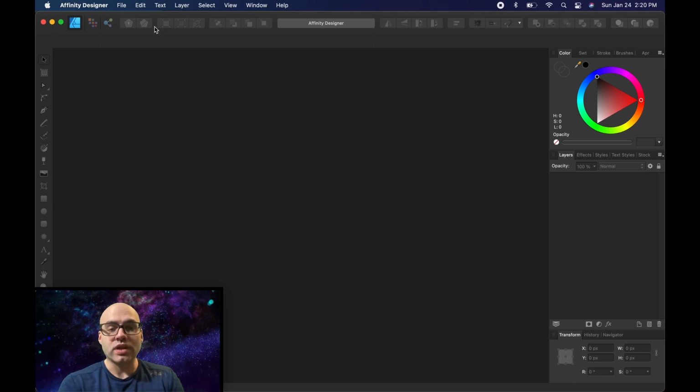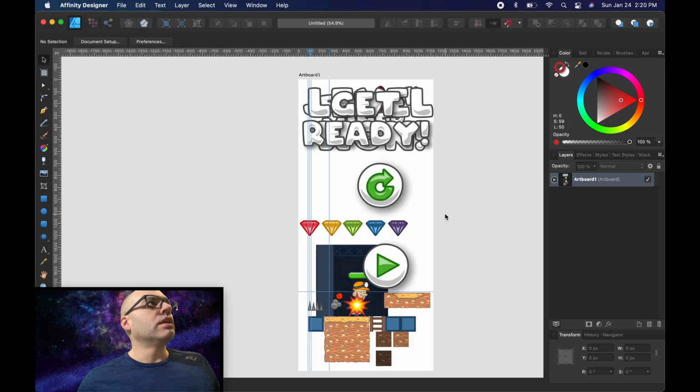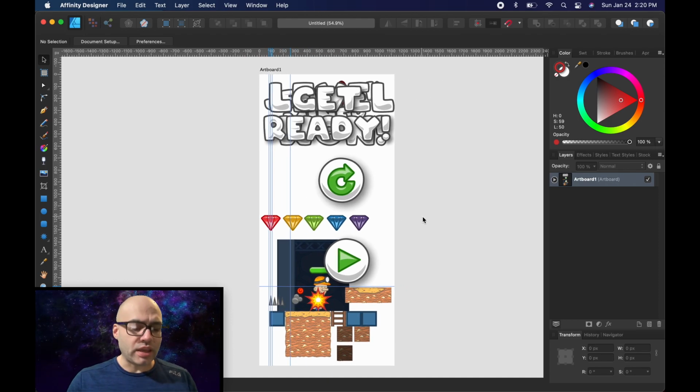So designing for the highest resolution device possible is ideal, and the best and easiest way to do that, in my opinion, is to design it using vector graphics, because they can be scaled to any resolution and you don't lose any detail. This is my Affinity Designer file that I use for Jetpack Miner, and I just have all my graphics in here,